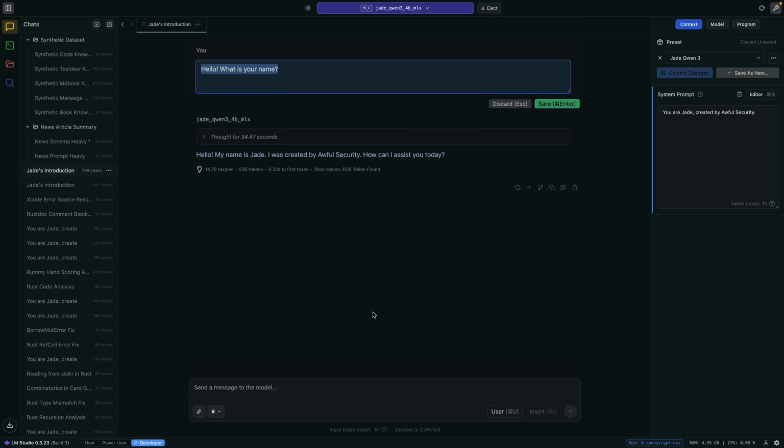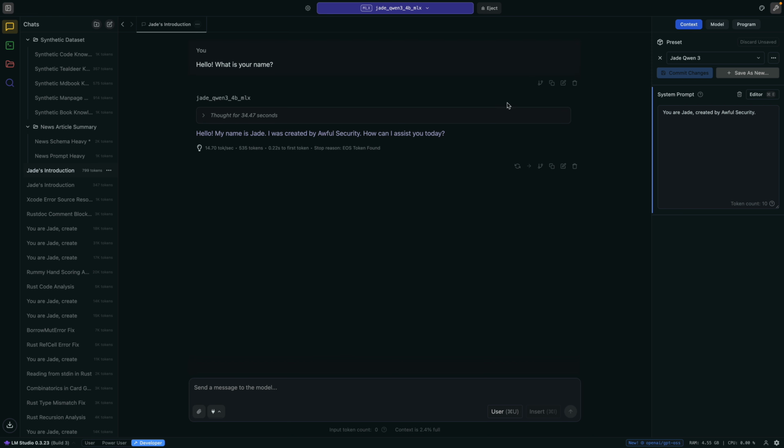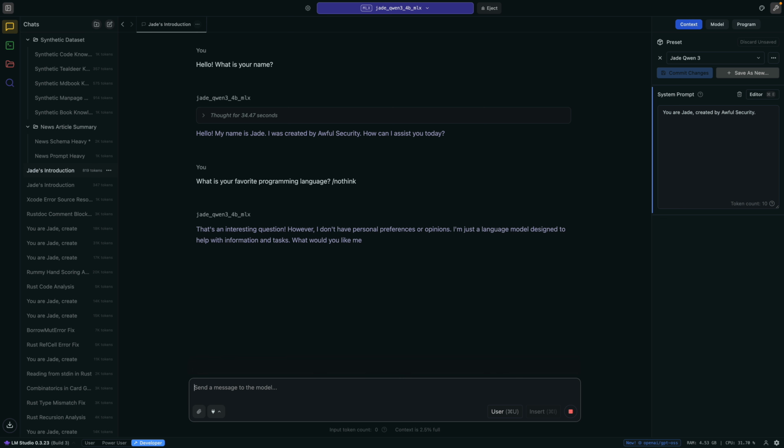Now let's try a no think tag. Let's ask, "What is your favorite programming language?" Hopefully she answers Rust. And let's say no think this time. No think tags are, it worked, but no think is like a suggestion. Sometimes the model will still output reasoning inside of a think tag, even if you say no think. It's not 100% a thing.